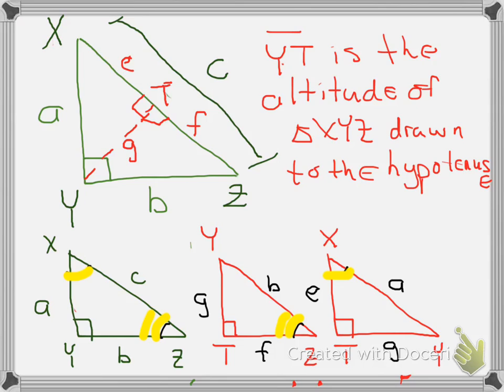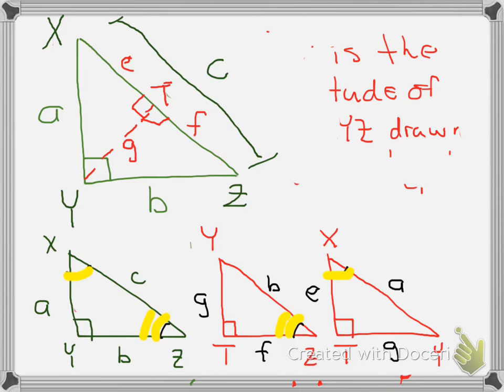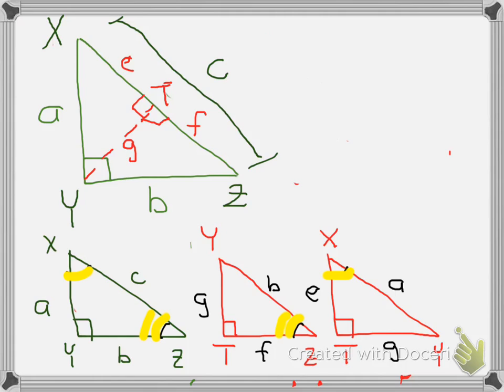Well, that means that we can form proportions using ratios of corresponding sides. So I'm going to write some of these proportions that are going to be important to us up top, as soon as I clean this all up. Okay. Using the two small triangles, the two drawn in red, I can say that